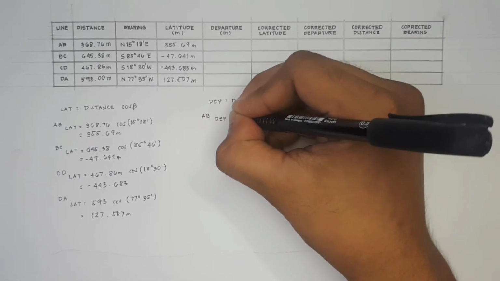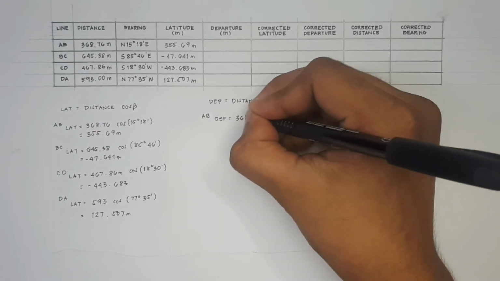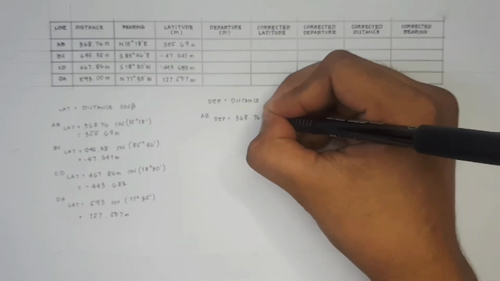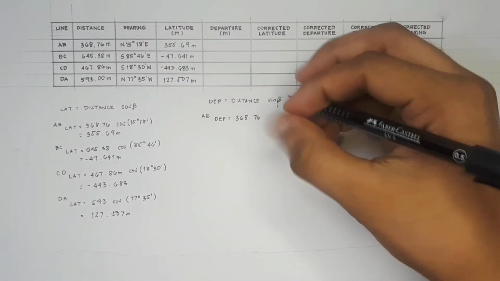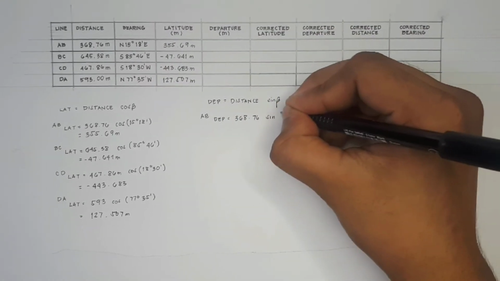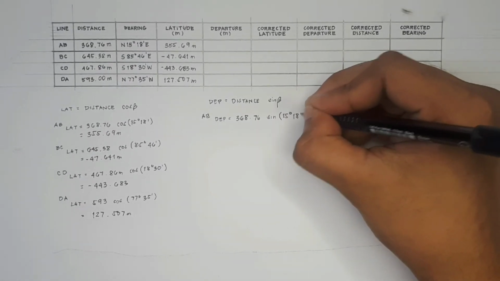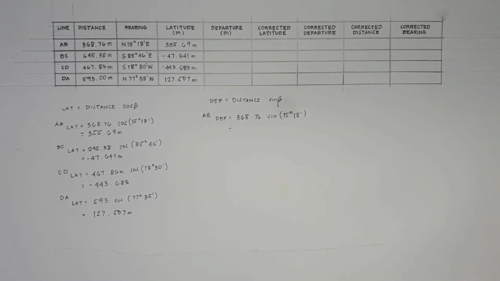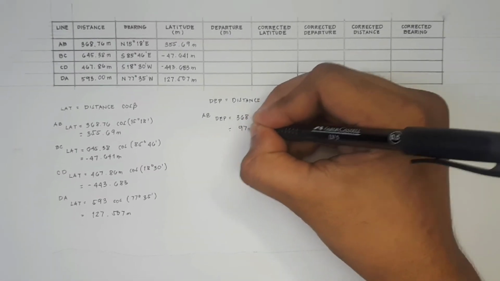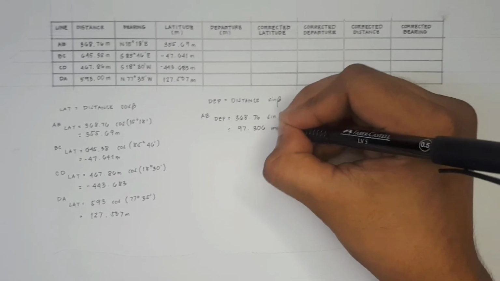Departure is equal to the distance, so we have 368.76 meters times the sine of the bearing angle. So we have sine 15 degrees 18 minutes, and this will give us 97.306